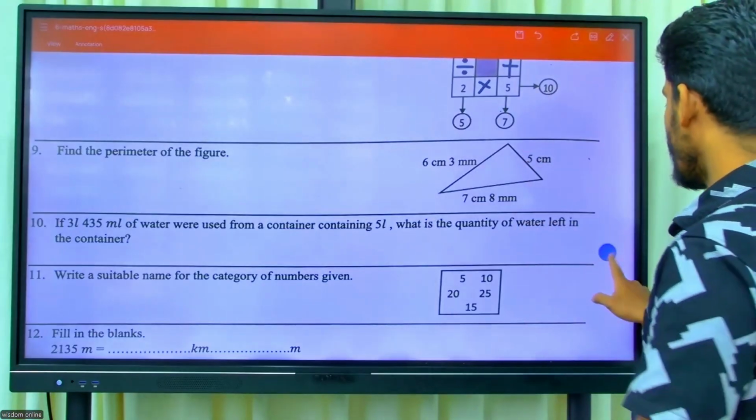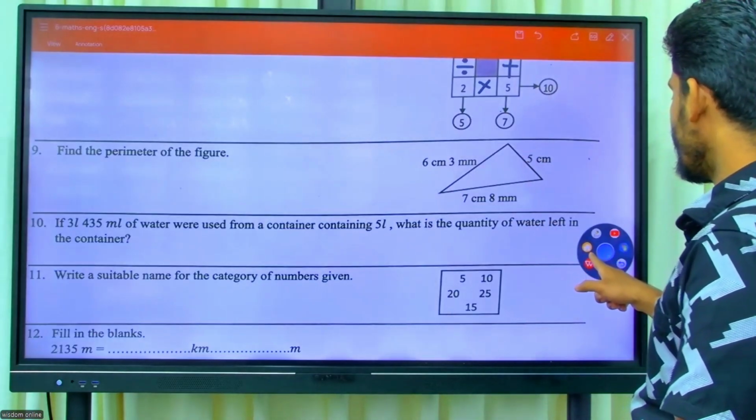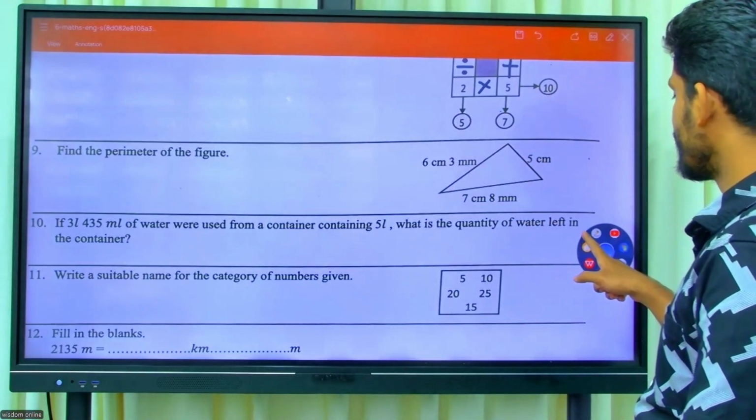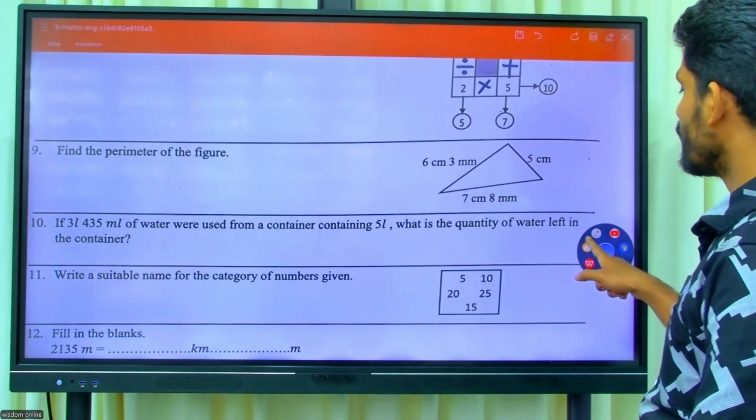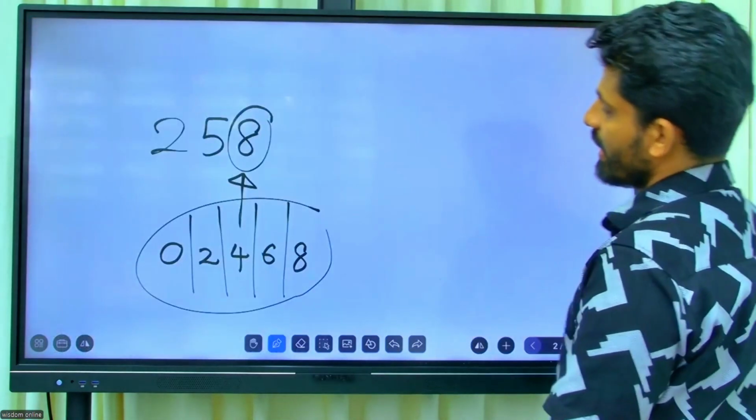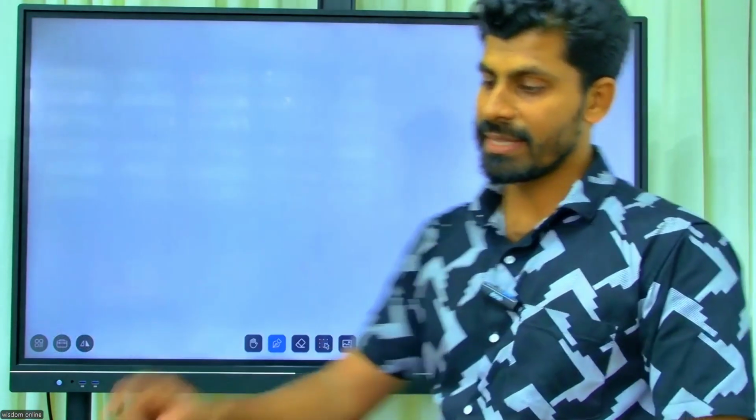Right. Let's see. Look at this one. I'm not having enough space, so I'm going to write down all 3